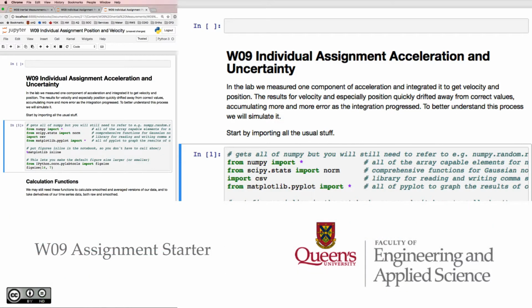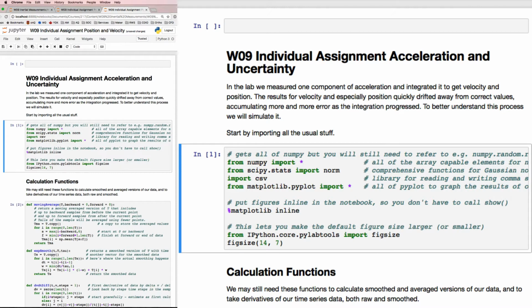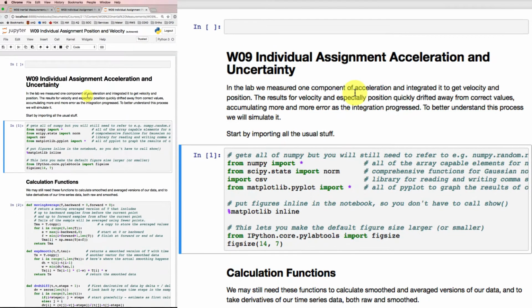For this week's individual assignment, we're looking at acceleration measurements and integrating those through to get position and finding out something about the uncertainty along the way. And in the lab, we measured some acceleration with an accelerometer, a single component, and we integrated it to get velocity and position. And we saw that that position especially drifted off really quickly. So we're going to try to investigate that in this Jupyter notebook and get a little bit more detail about